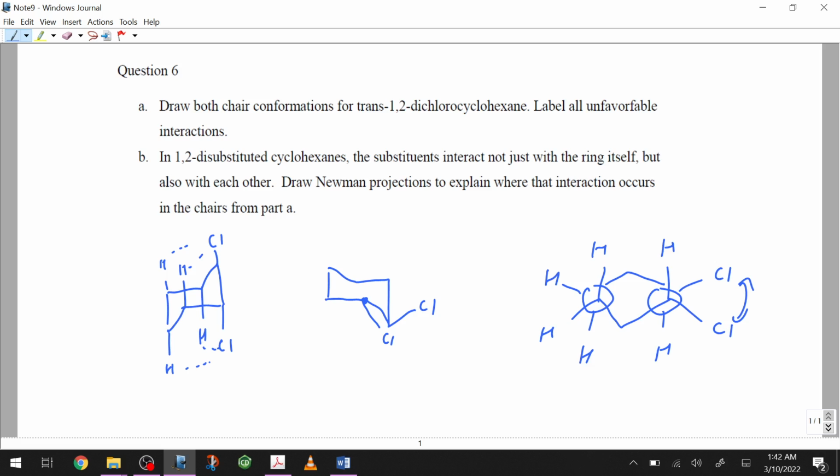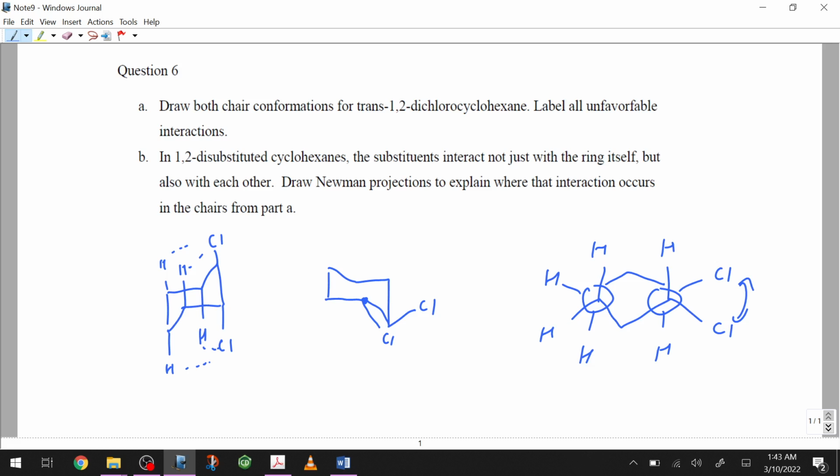So it's not ideal. If I had the cis 1,2-dichlorocyclohexane, they're always in interaction with each other because one of them is always axial, one of them is always equatorial, so one would always be interacting with the other. In this case, the gauche-butane interaction can be escaped, but by doing so, we end up with massive diaxial interactions. So for smaller groups, that might be okay. Chlorines are fairly large, so neither of these is ideal, but the diaxial interaction is generally worse because it comes